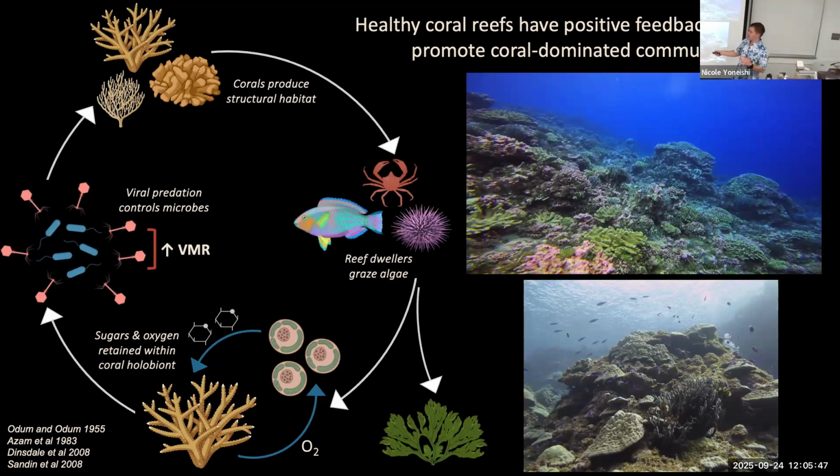And we call this metric the virus to microbe ratio, and we use this as an indicator for how healthy a microbial community is on reefs. I'll use it throughout the talk, so I want you to remember that. But basically, all you need to know now is that there's a lot of viruses relative to fewer bacteria on a healthy reef. And this is really indicating that viral predation is controlling those microbes and keeping our microbial abundances from growing out of control.